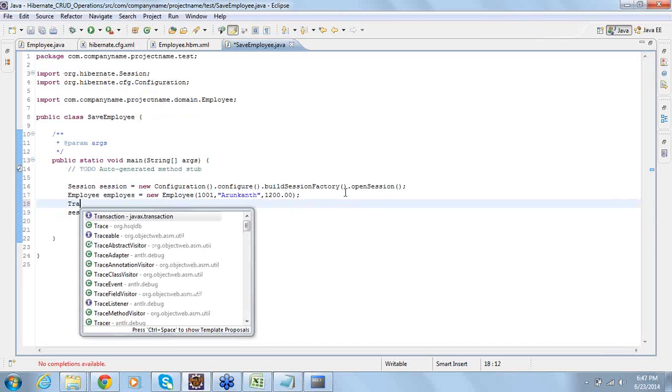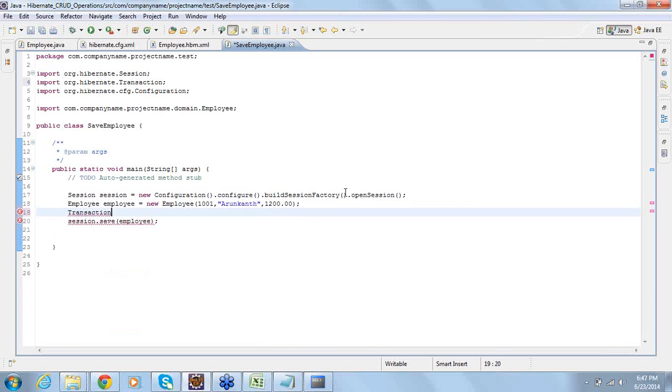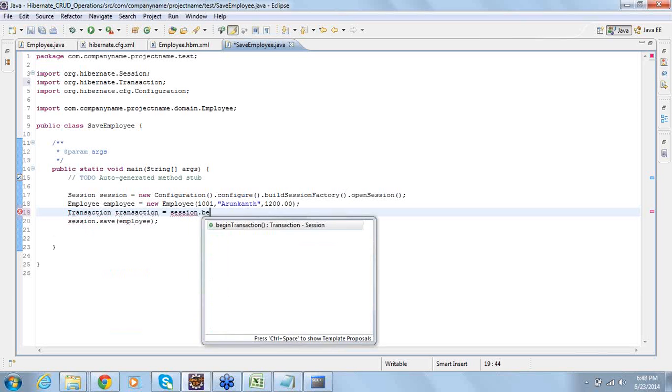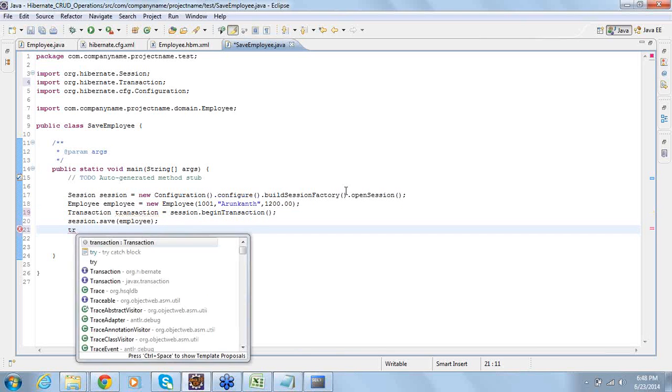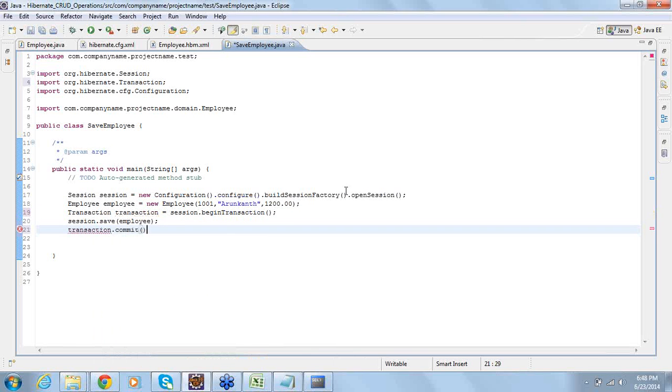This transaction is also from Hibernate. Transaction, session.beginTransaction, and after saving the employee, transaction.commit. It's done, and